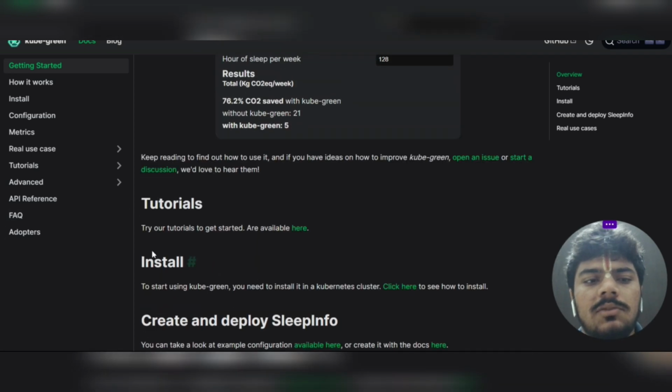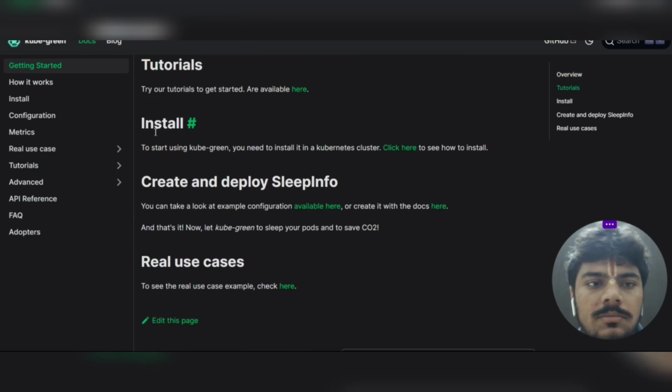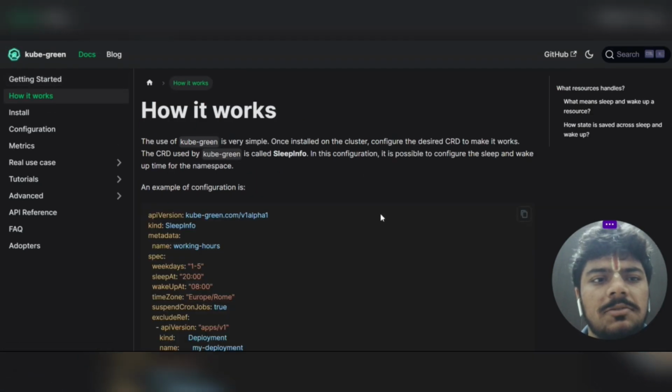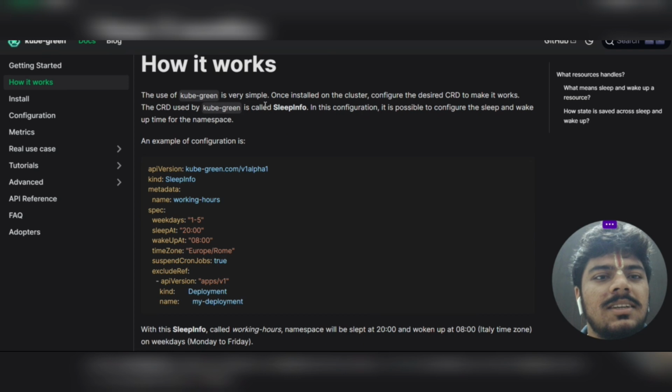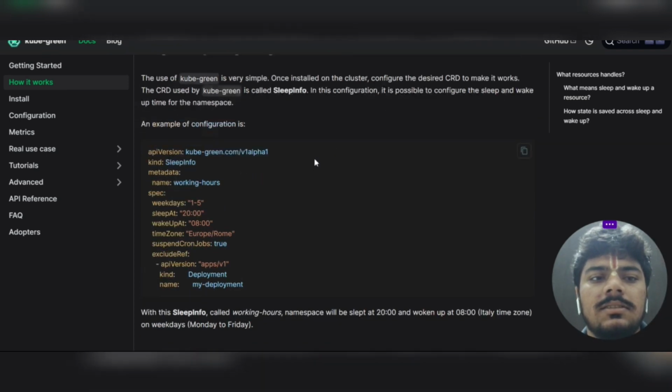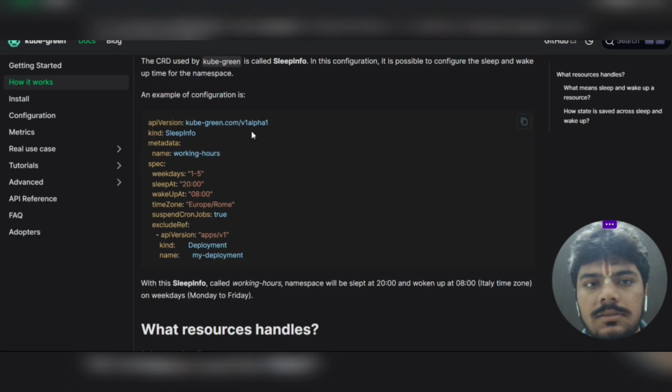So as a tutorial, if you want to install it or if you want to learn about this whole tool, let's get to the install part, I guess. First jump to how it works. Right, so here it is. As it says, it uses the CRDs like sleep info. As I said, it will be using a lot of parameters within your definition file of various resources. Like it will be using sleep info as one of the CRD,